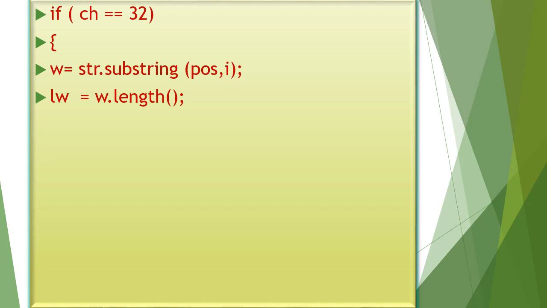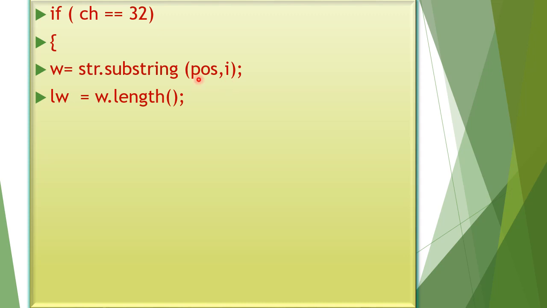So here, when ch equals 32, the value of i will be the index position of the blank space. Therefore, the blank space will not be extracted.